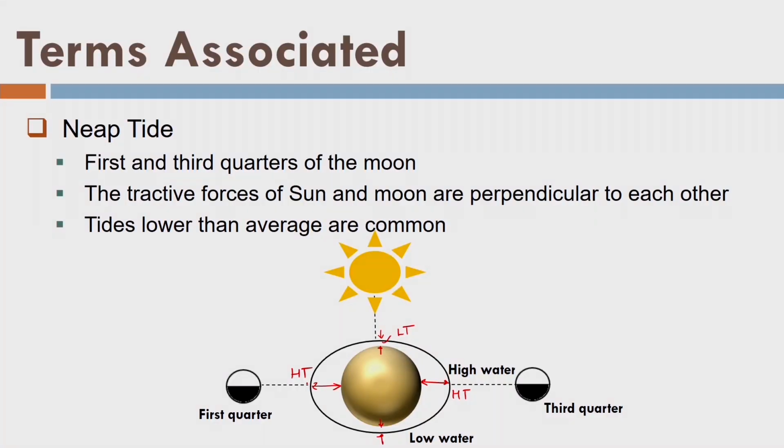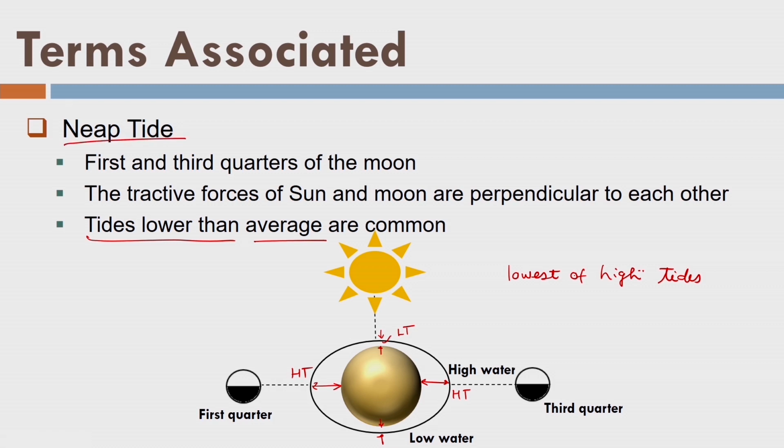Now what will happen? We will experience the high tides in the direction of moon, and we will experience the low tides towards the sun. However, the height of the tide in the direction of moon will be much less than the highest tides or the spring tide. And I can see that this tide is, although high tide, the lowest of the high tides. So I can see the tides are lower than the average here. You can understand what is meant. It is the lowest of the high tides. And that is called neap tide here.